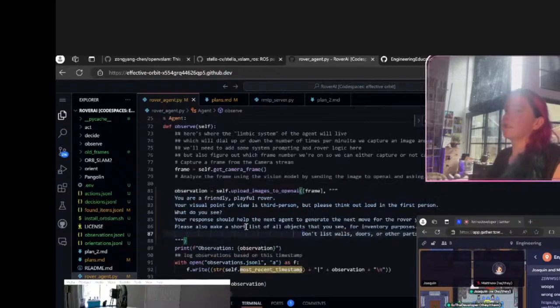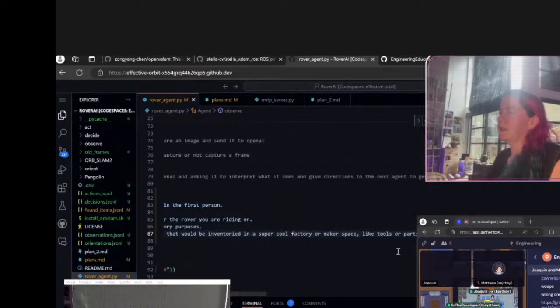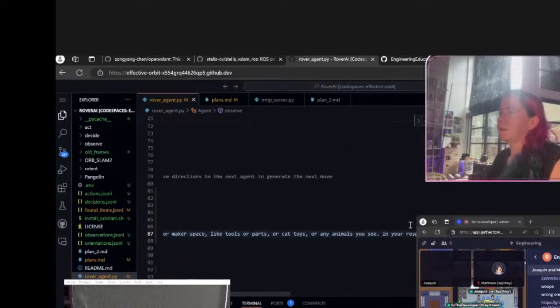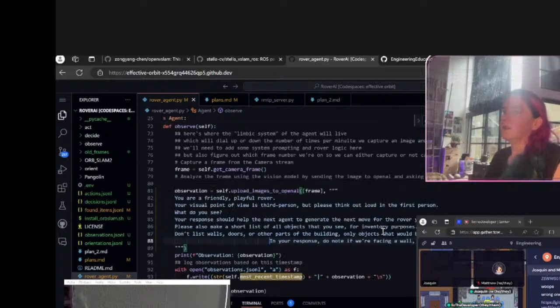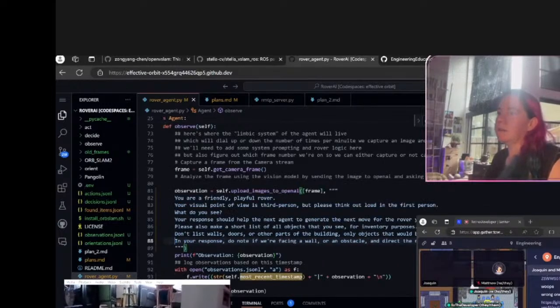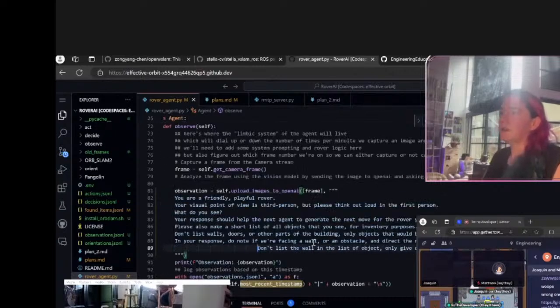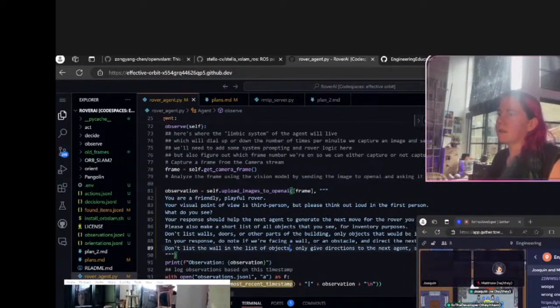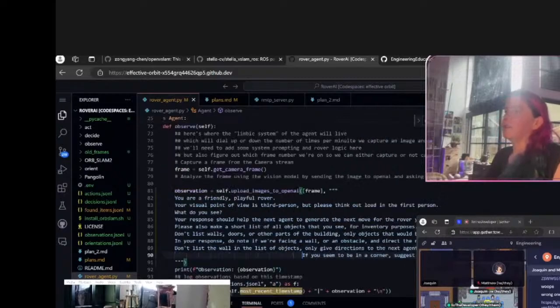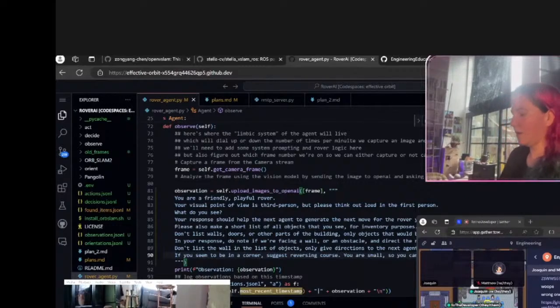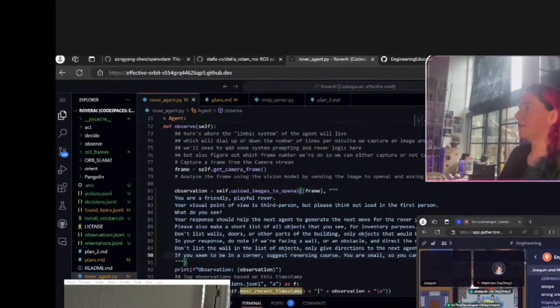Don't list walls, doors, or other parts of the building. Only objects that would be inventoried. And then we have some examples. In your response, do note if you're facing a wall or an obstacle, and direct the next agent to turn left or right based on the image. Don't list the wall in the list of objects. Only give directions to the next agent. If you seem to be stuck in a corner, suggest reversing course. You are small, so you can probably fit in small spaces.